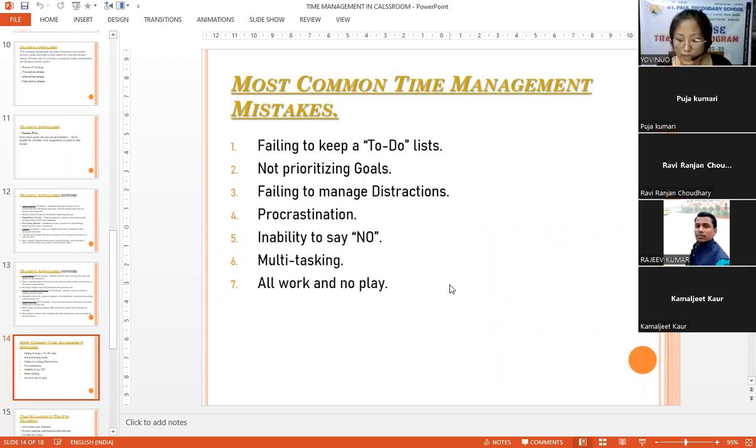Failing to keep a to-do list. To-do lists are something that most of us have tried to use for one reason or the other, at least once in our lifetime. But did you know that 41% of the to-do tasks are never completed? The only way to truly understand how to use a to-do list appropriately is to stop making the 7 most